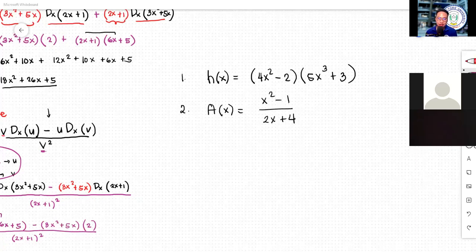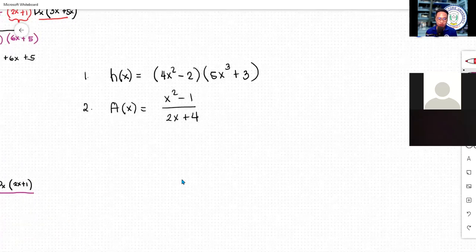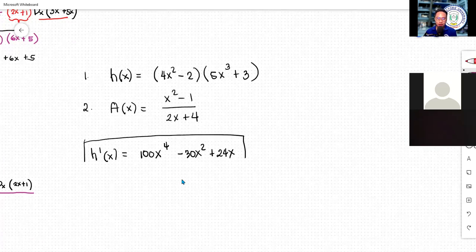Did you get an answer for number one? H prime of x equals minus 30x squared plus 24x. Congratulations, everyone. It is smooth, guys. It is smooth. Again, as I mentioned, it is very easy so long as